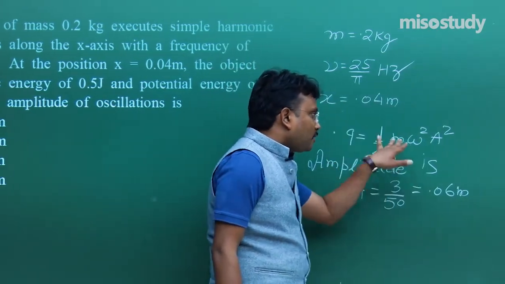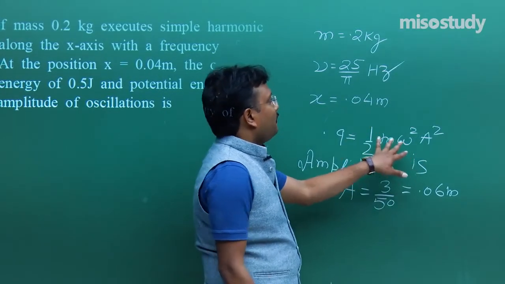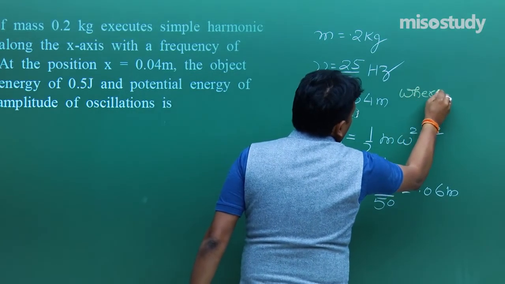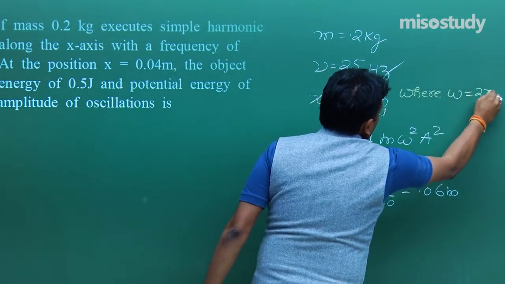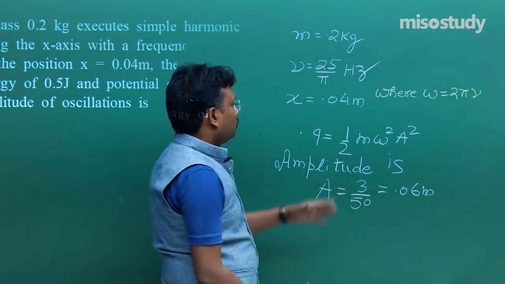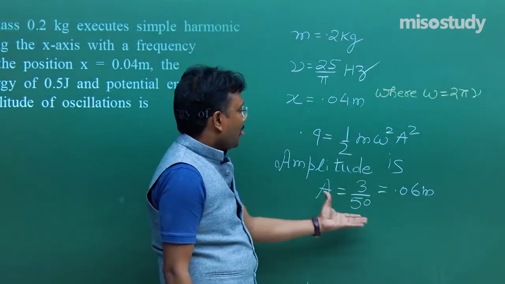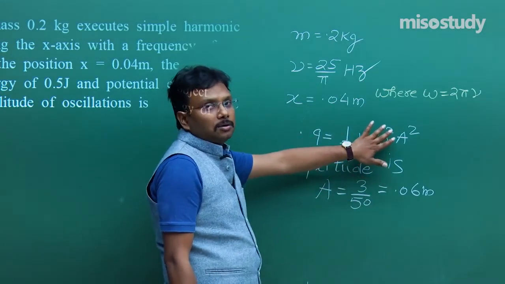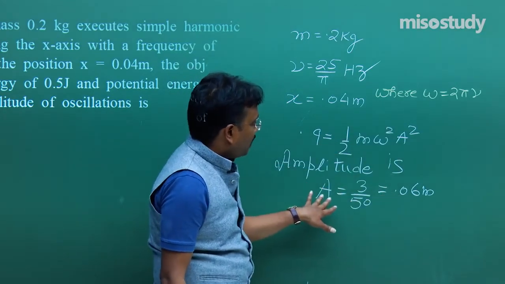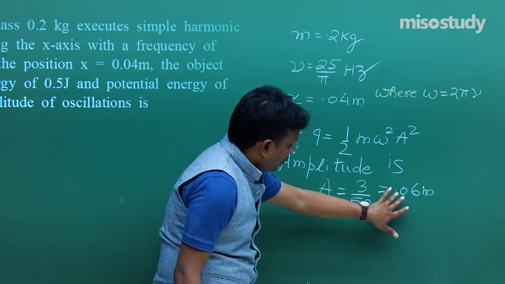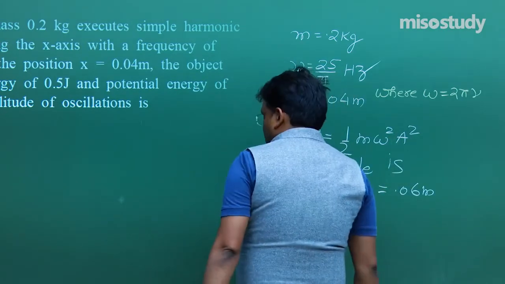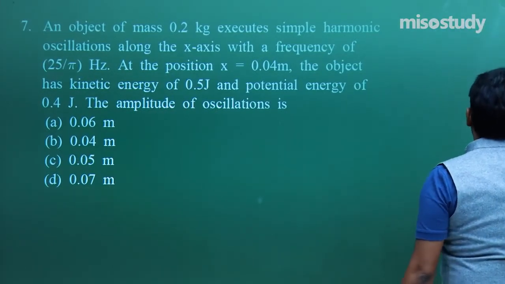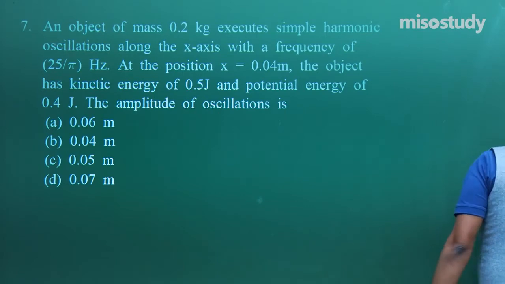Because I explained this formula, each and every term, I think I should mention at least this thing, where omega is equal to 2 pi nu. I am sure you know this, but just for the mentioning, because we discussed this formula in this particular video itself. So now I am not going into that detail, I am directly writing the value of the amplitude, that is 0.06 meter. Fine. Then students, it's the time for the next beautiful question to understand,